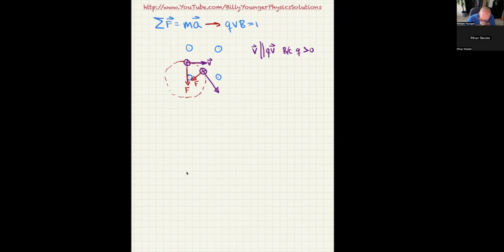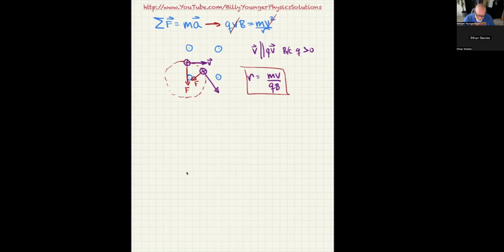The right-hand side is going to be m times v squared over r. So from that, you can see that this exponent of 2 and this v cancels out, and we're going to get that r is equal to mv over qb. So this is an equation that your book gives you and works out for you,